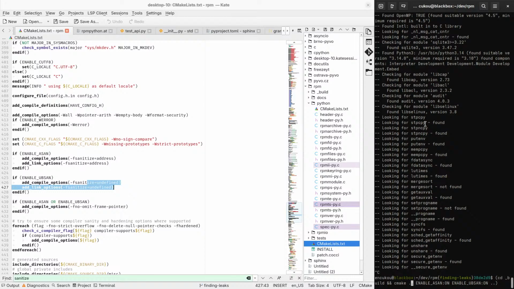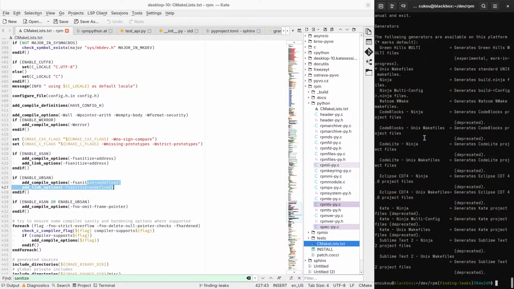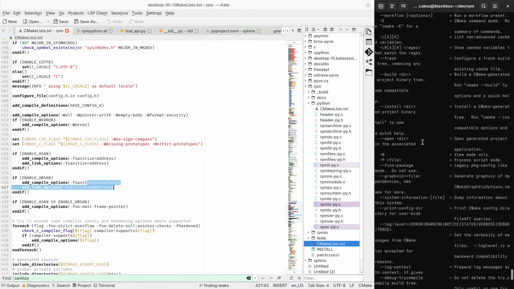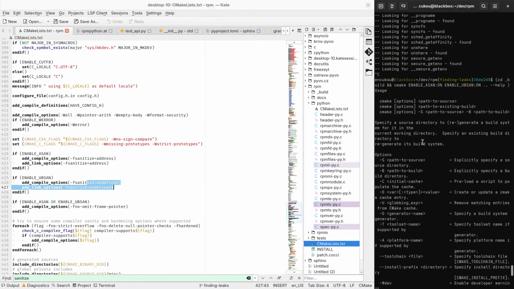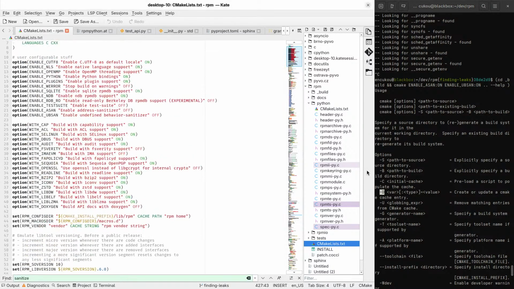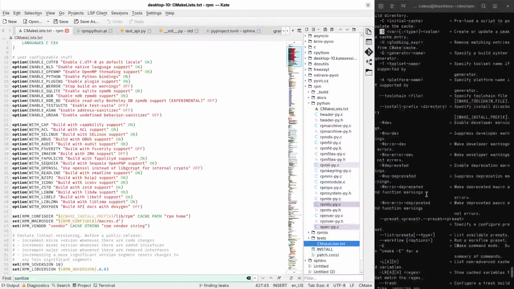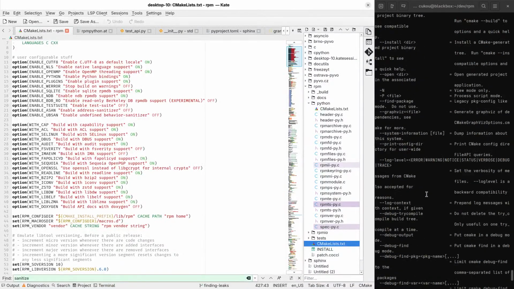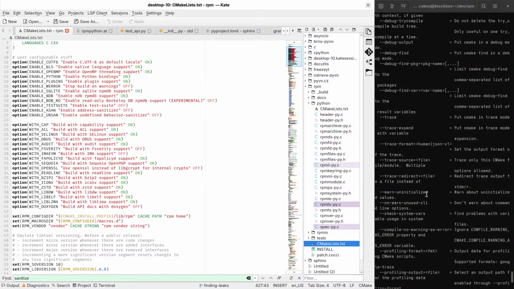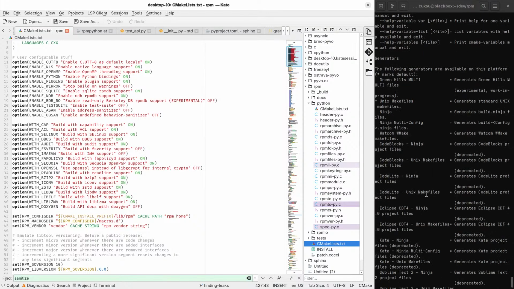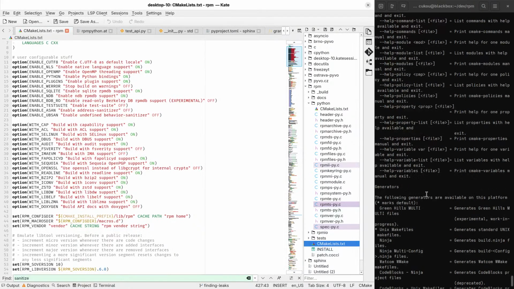How do you configure CMake? -D option. Yes, it should be -D.